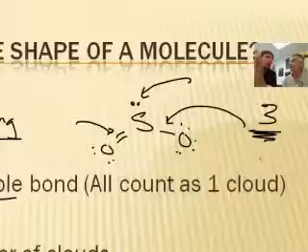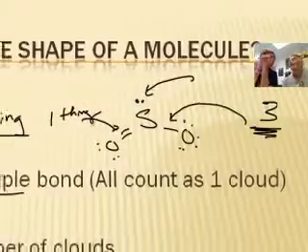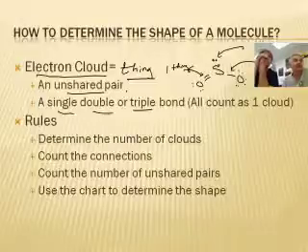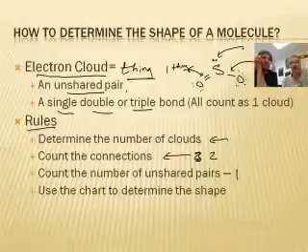The double bond does not count as two. It still counts as just one thing, or one electron cloud. So here are the rules. You determine the number of clouds, or things. You count the connections: 1, 2, in this case. Then you count the number of unshared pairs: 1. They add up to 3 things. And then you use the chart to determine shape, and we'll talk about the chart in a minute. Now, to understand geometrically how this works, let's watch a little clip